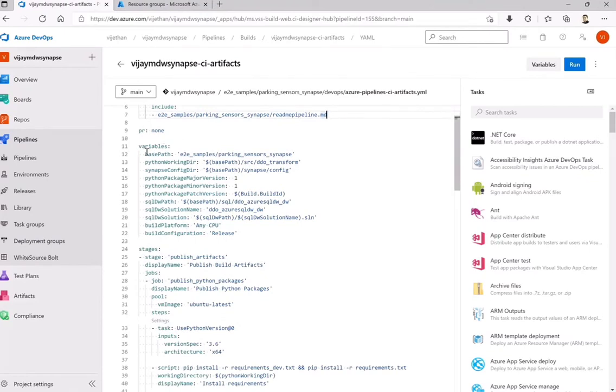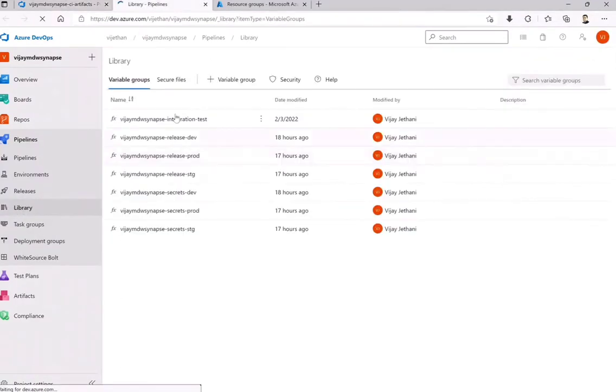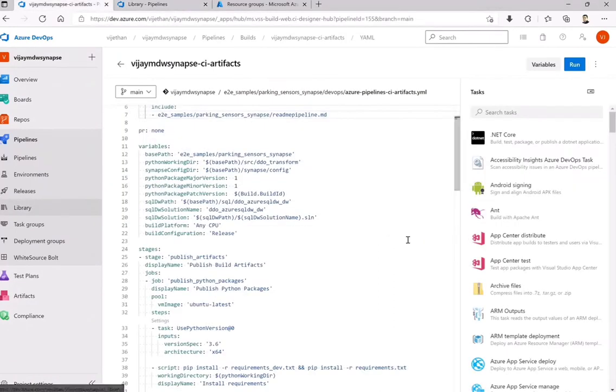Similarly, the variables path. If you remember, we created the library, or rather the variable groups for each. These will all be used for the respective stages under this particular pipeline as well. Some will be defined directly and some we will pull at runtime while we do that particular installation. That will be used by the release mostly, but you can also pull them here for the respective variables fetched from that particular variable group.